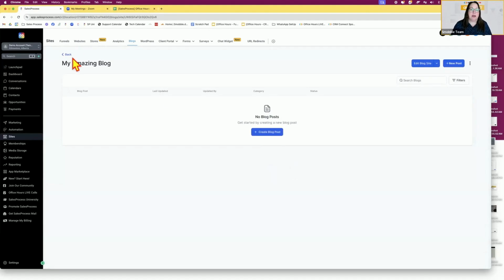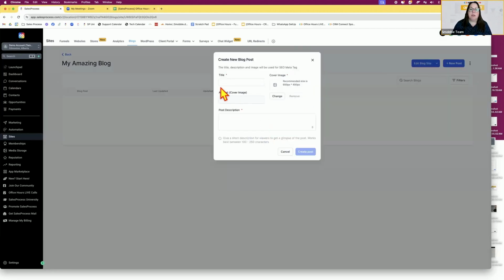So now that we have our site, what we want to do, and just to show you around here, if you were to edit your blog site, you could just edit it or edit it in a new tab. Those are the options you have there. Anyway, now here is where your blog posts are going to start to stack up. This is going to be where you're going to create your new blog posts. So when you create a new blog post, it really is as simple as giving it a title. You want to put in your cover image for your blog. You want to put in your post description. So we're going to give this